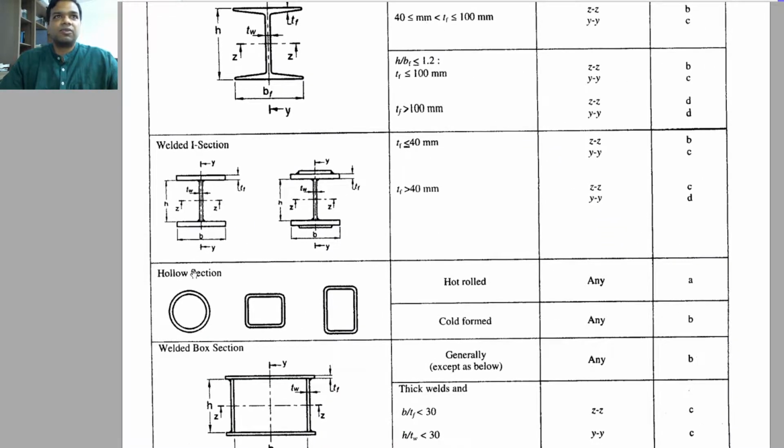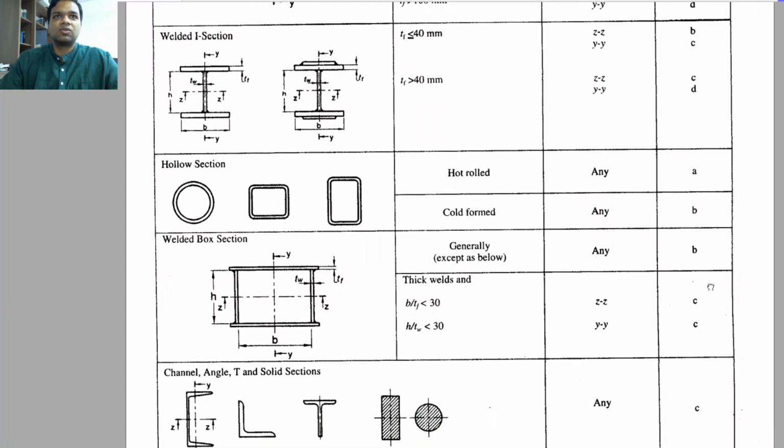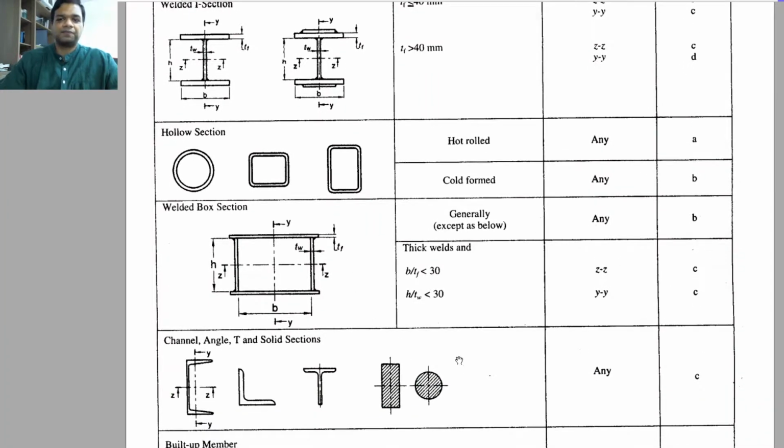Now, if we look at the hollow sections, which are symmetrical sections, for hot rolled sections of this kind it is buckling class A for any axis. This is because each member is being supported by two other members, so there is no significant effect of local buckling, and hence buckling class A is considered. For cold formed sections, the buckling class is lower, primarily because these are more slender in nature. So like this, you can go through this table and try to relate it with the amount of support available and the thickness ratios, etc.